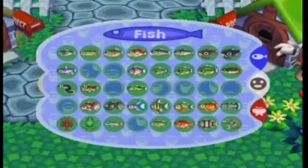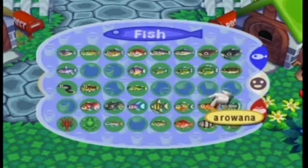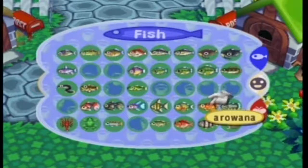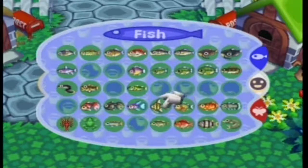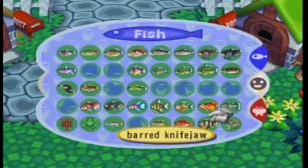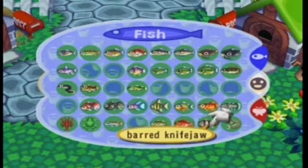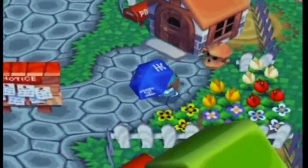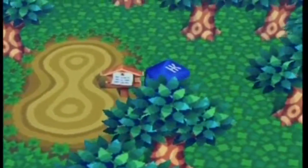Also off screen, I have worked to catch a few more fish, including the arowana, which is I think available all year round, but it's very, very rare and is found at night. And the barred knifejaw, which took probably about 40 minutes to actually catch. Therefore, we actually have made great progress on the debt because I got really unlucky and I ended up catching a ton of rare fish, like the